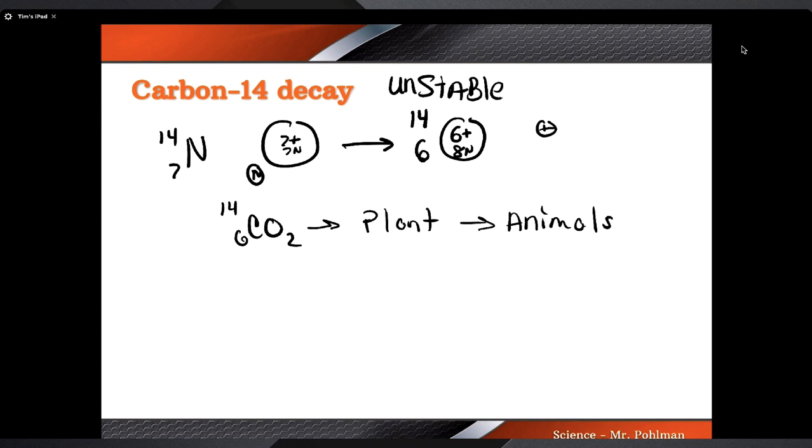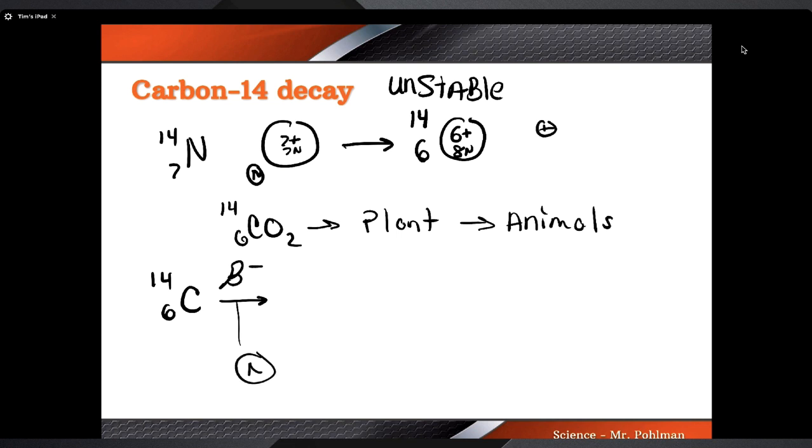All right, so if you stop eating, if a plant dies, if an organism dies, all of a sudden we don't have this balance anymore. Animals stop consuming this radioactive carbon atom. So you're going to notice that this carbon atom is going to undergo what's called a beta minus decay. Now in a beta minus decay, I'm going to put this down here, beta minus decay, what's going to happen is